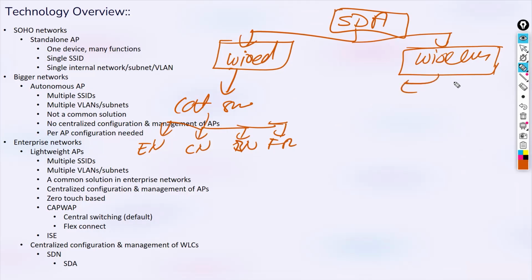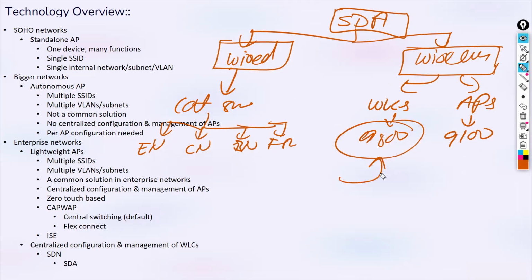The wireless section will be about your SDA-aware WLCs and the APs, as I told you. So 9100 APs and 9800 WLCs. That's why in the newer version from next year onwards, they have this controller predominantly, not your AireOS based 3504 or something.